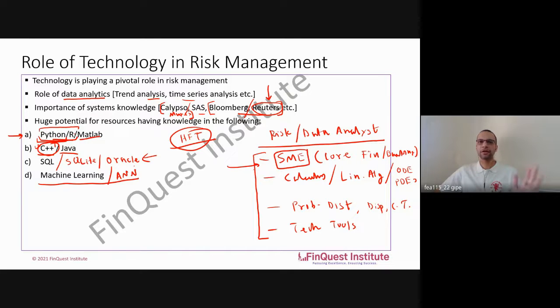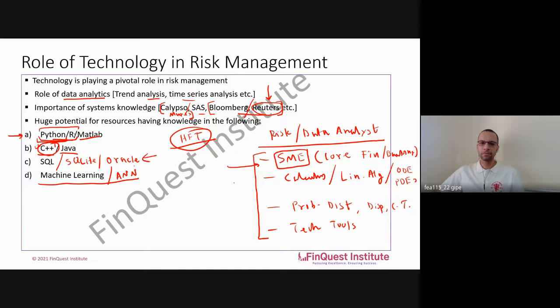So this should be your focus going ahead: getting as much clarity on the SME bits. Now this is a gradual process. Overnight, you cannot become a subject matter expert. Even after spending close to 14 years in the industry, I don't consider myself an expert. I know a few things, but I'm also learning new things almost every day because client demands and project expectations are changing very quickly. So one has to be up to speed always. So SME, yes, that is first and foremost.